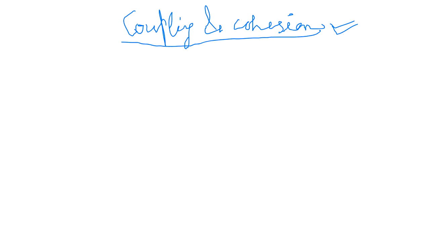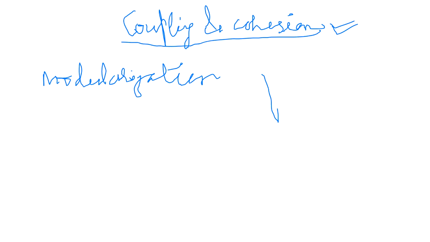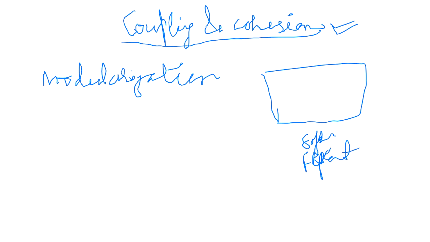Okay, so what coupling and cohesion are, before that there is a term known as modularization. Whatever I'm teaching, just take a short note of that in your own words. What does modularization mean? For example, you are trying to create a big software. Suppose you want to create Flipkart software. To create this software, I will divide it into blocks or modules. For example, this will be my login and logout module.